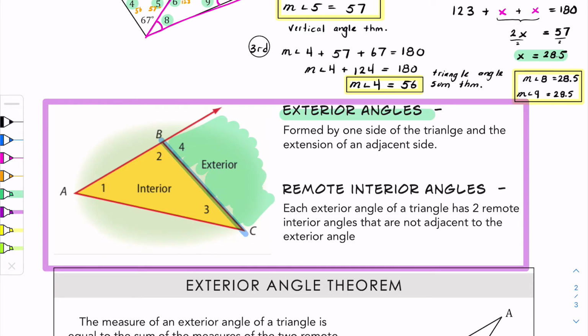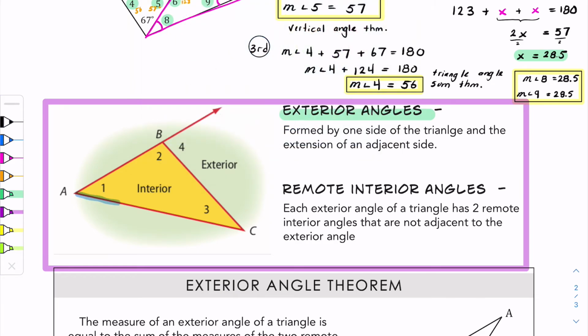And the extension of an adjacent side. So here's an adjacent side because it touches. And once you extend it, we just formed this area in here. Okay, we could swap, and we could say that, let's see,